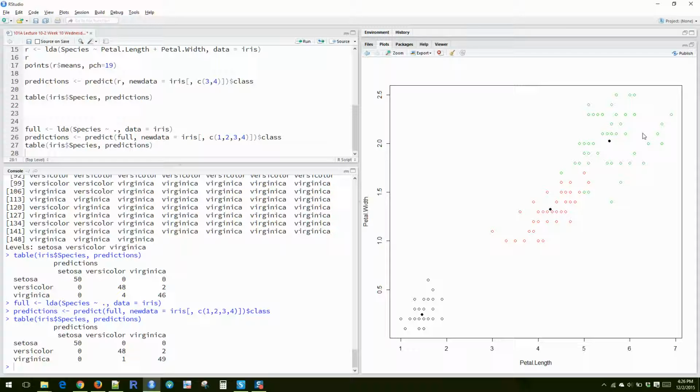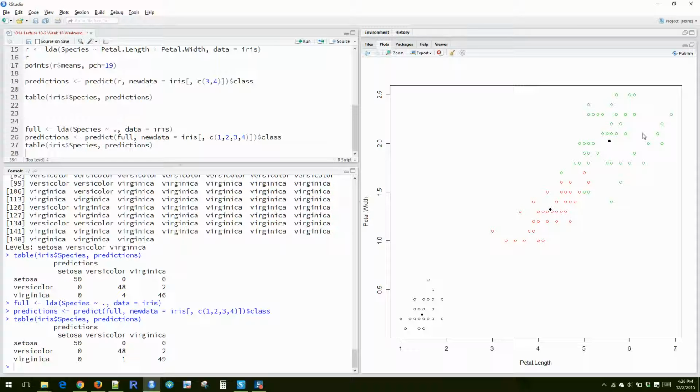So linear discriminant analysis is good if the means of the groups give you a lot of information about which group or which category the data is in. It is not so good if the means are similar, and the thing that differentiates one group from another is something like the